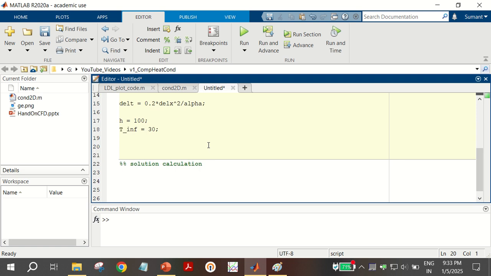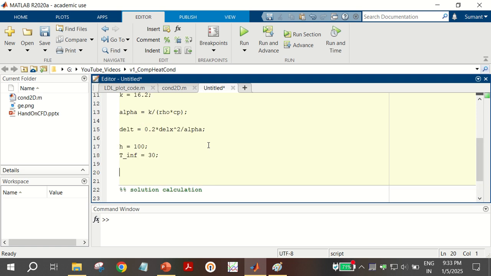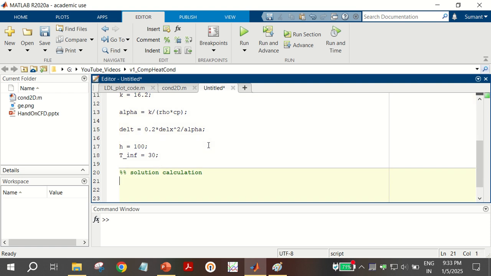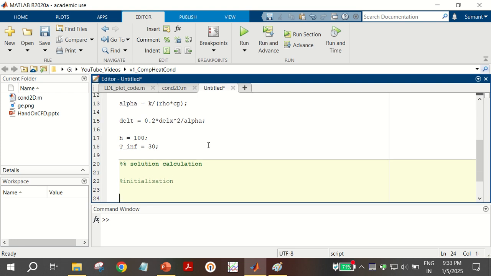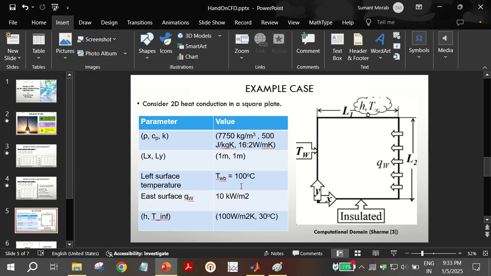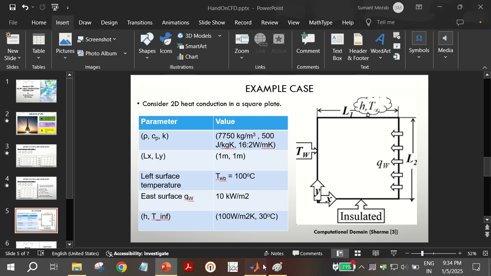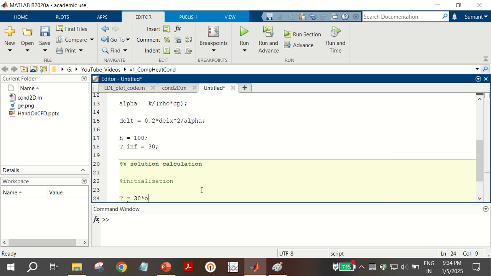Okay, and yeah, so I think this should be the pre-processing, and let us do some initialization. I would say this will come in the solution calculation only. Let us do some initialization of t. So t is equal to, what do you take for the initial value? You can take anything, but it is better if you go by the physical reality. See, for example, at the west plate you have 100 degrees, at the right plate you have some heat flux, and t infinity is 30 degrees, so you can start with 30 degrees, I would say. So 30 star